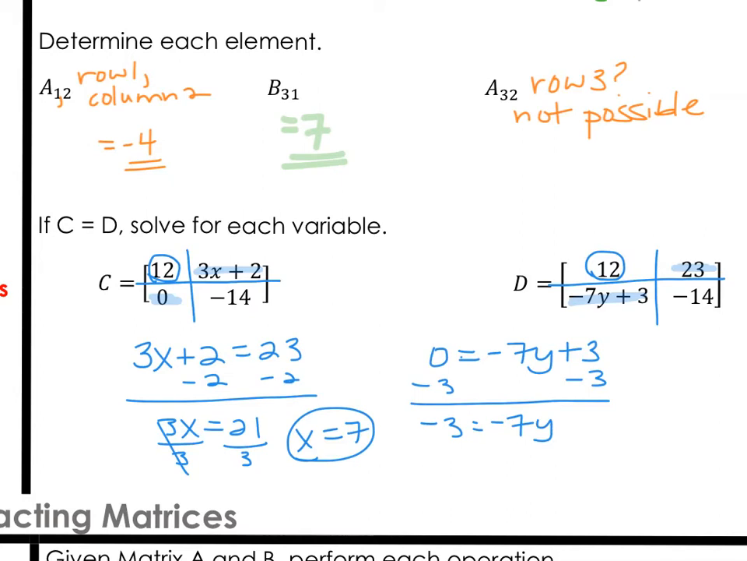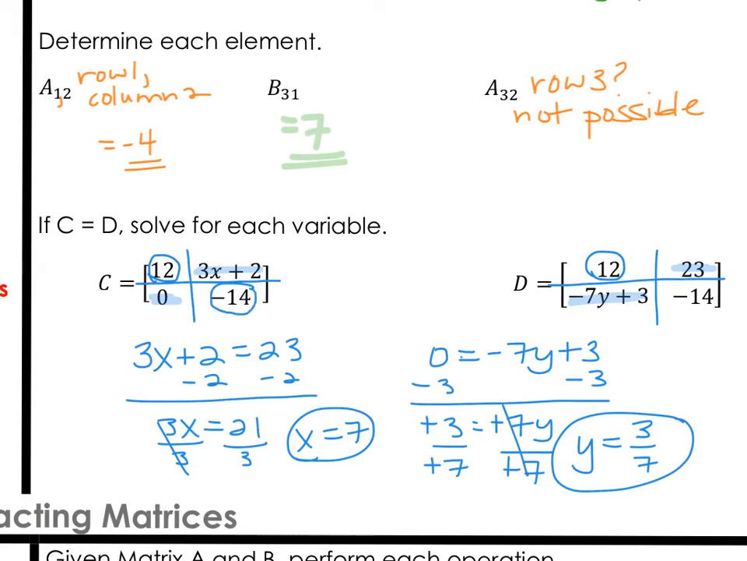And then to get y by itself, we'll divide by negative 7 on each side. The 7's cancel, the two negatives become positive. On the left, negative 3 over negative 7, the two negatives would also cancel, and we have y equals positive 3/7. And then last but not least, that matching corresponding element in row 2, column 2, both negative 14, no